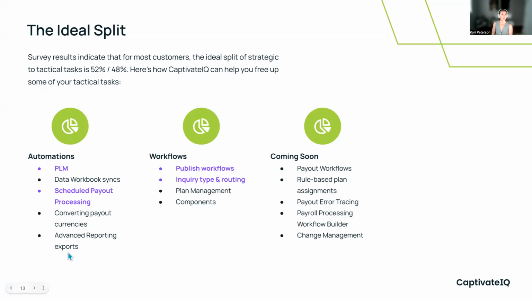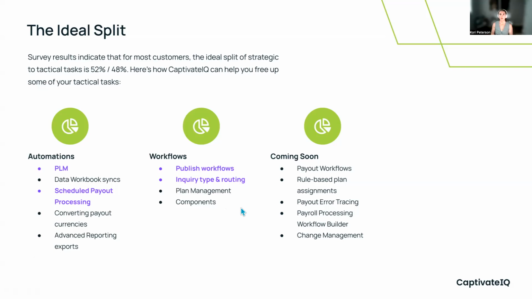Just a quick call out about the advanced reporting exports, because I did see that in the chats. This is a great example of something that you would set up with our open API. You would create your advanced report model, let's say that you have a Monday report that you send out to all of your sales leaders. You can have that report built out, set up that schedule of when you'd like it to be processed. And then as part of the open API, we would have that ready to go for you so that it is not only processed on a set schedule, but actually pushed out and exported as well. So a lot of great features when it comes to workflows.